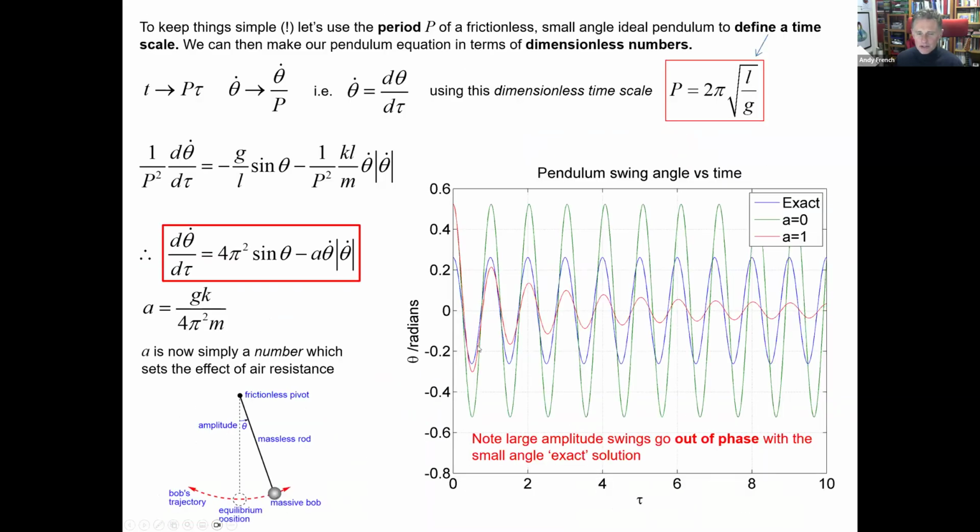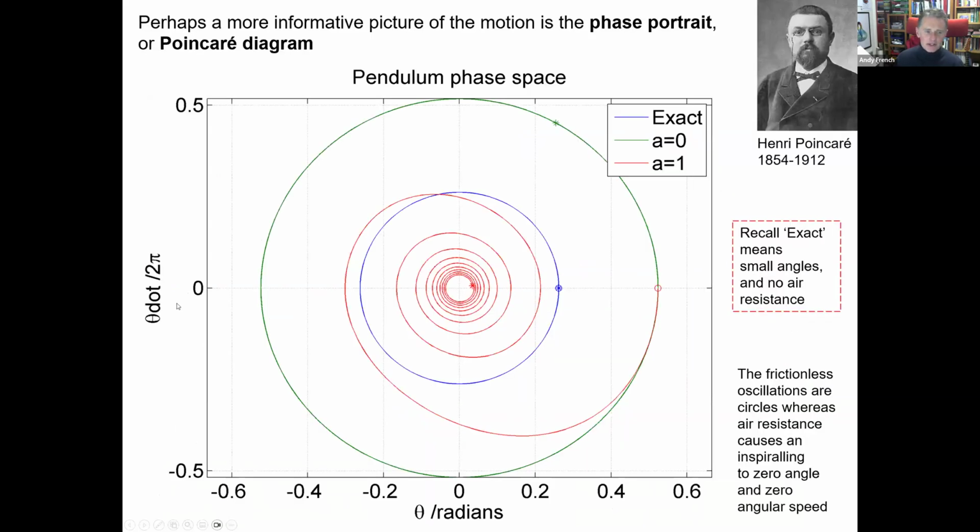If you plot that versus time, you get some sort of sine or cosine curves. But what you really want to do is plot the angular speed versus the angle. To make it scalable, if you do angular speed over 2 pi versus angle in radians, you'll get a circle for simple harmonic motion. But as you get air resistance, it will start to spiral inwards. And not all of these are symmetric. For your pendulum, you might have a model of drag and air resistance.